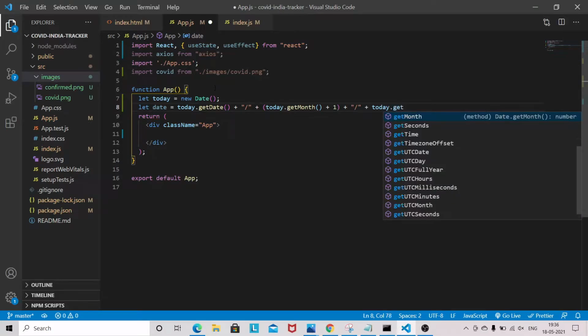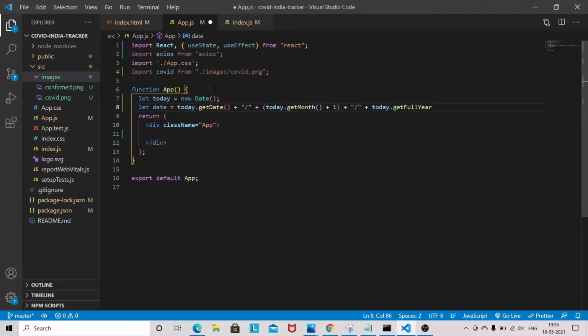Then today.getFullYear. So we got the date here.